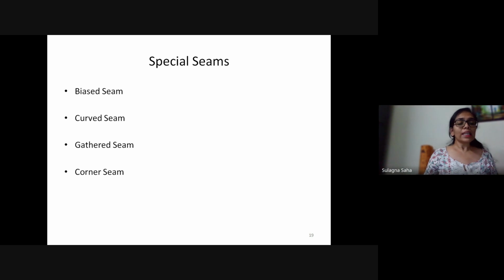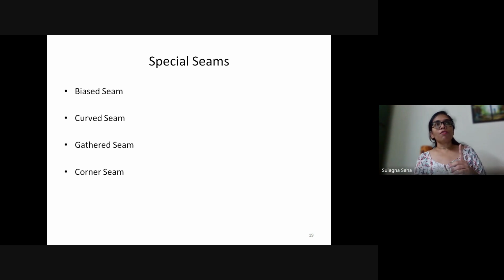In case of a gathered seam, the smaller length on which the gather will fall should be at the bottom. Of course, a gathered seam will have a longer length which will be scrunched up to a shorter length. The longer length would be on the top. The shorter length will be at the bottom.